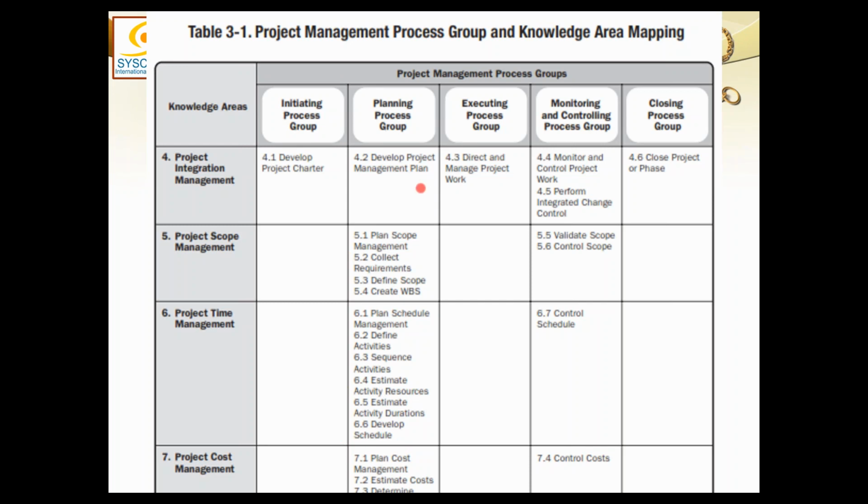And what are all the management plans? In the project management plan we will have from scope side the scope management plan, and there is yet another plan here which is called the requirements management plan, which I'll talk about later. So there are two management plans from scope: scope management plan and requirements management plan. From time it has schedule management plan. From cost it has cost management plan. Then